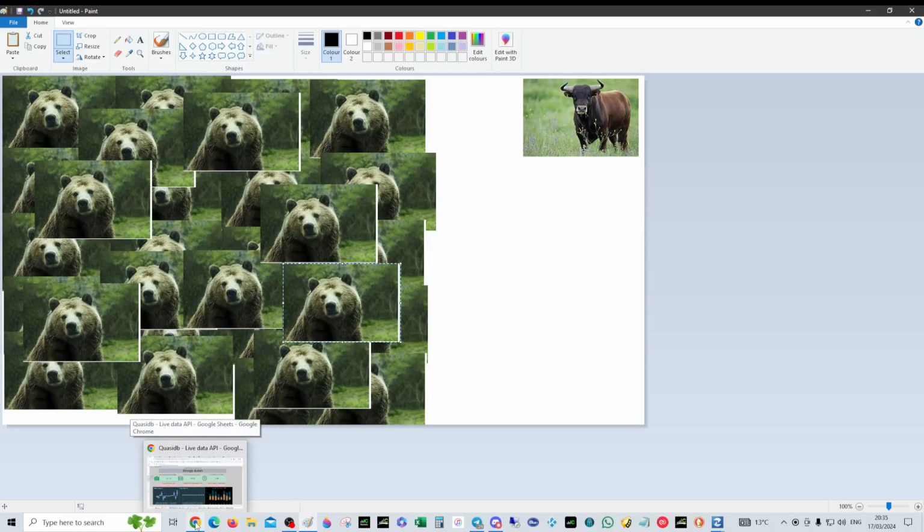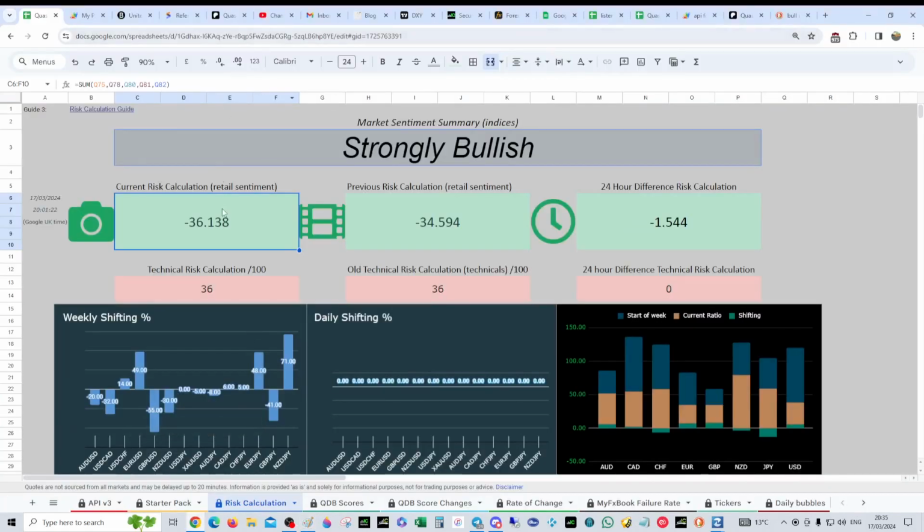So there might not be a pressing need for a stronger dollar if we're going to continue to rally on indices, and we probably should. But on the other hand, we've probably got a pretty annoyed Powell coming up on Wednesday. So it's going to be very tricky. Like Marco says in the Discord, it's all about the close tomorrow, and we'll have probably a better idea about what's going to happen for Wednesday.